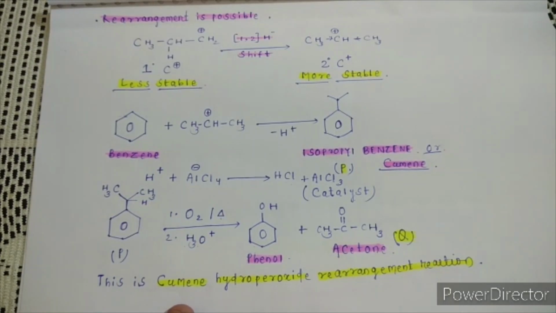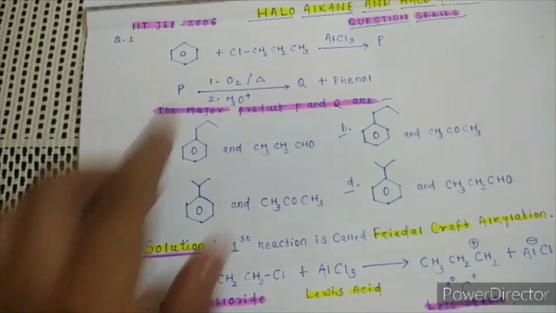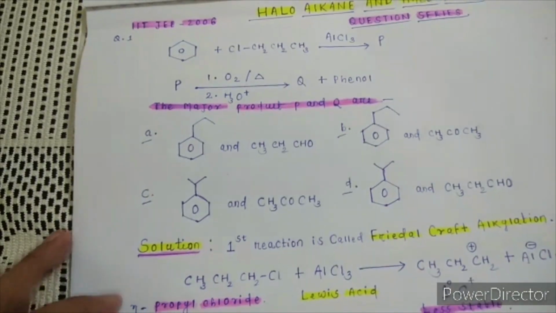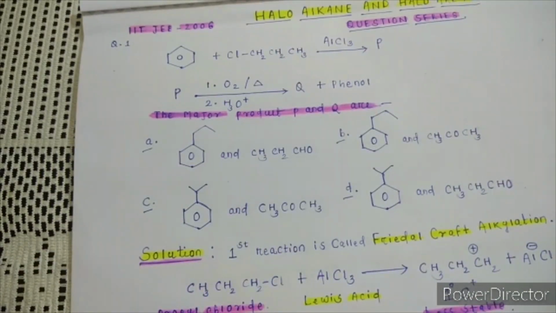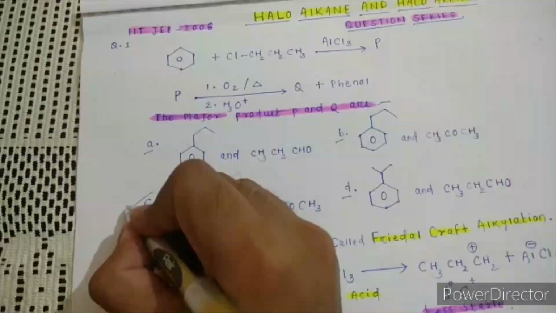So this is all about the first question which we have solved. Now let us look again at the options. Which option is correct? So you see again the question, benzene with N-propyl chloride in presence of AlCl3 will form cumene. So which option? Option C and D. So your answer is either C or D. So P will be cumene, and cumene is in two options, option C and option D, and your Q will be acetone. So which option is correct? That is option number C. Option number C is your correct answer.